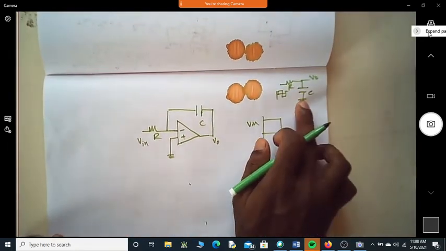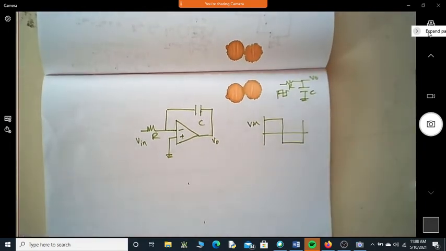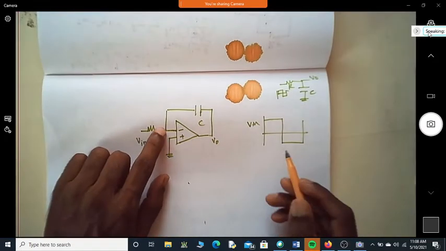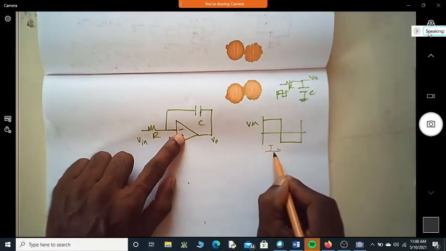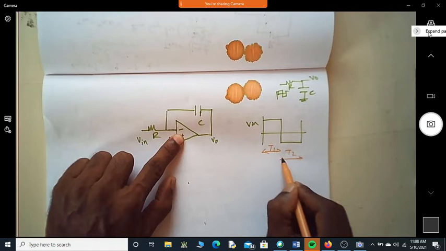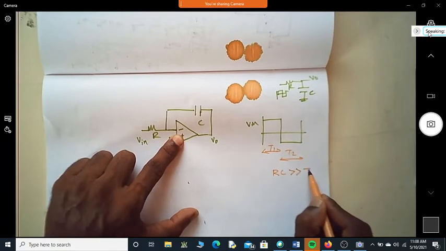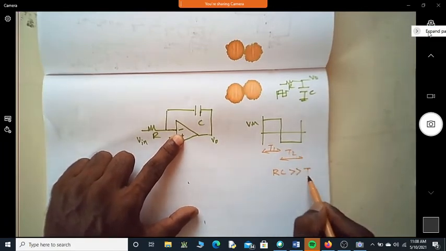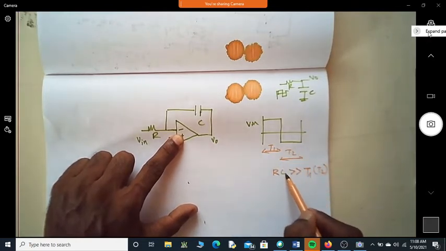So this is without an amplifier, here this is with an amplifier. What is this circuit? Can anybody say? Integrator circuit. So what is the expected output? Suppose you assume that this is the on and off time. Suppose I say this is T1 and T2. If the RC time constant is much greater than T, where assume that it is either T1 or T2, suppose T1 is equal to T2, if the RC time constant is very, very greater than T1 or T2,